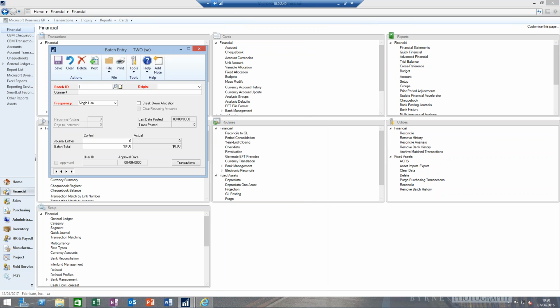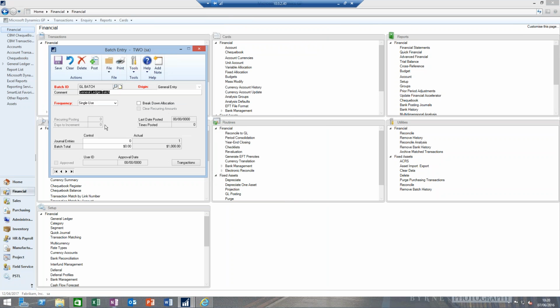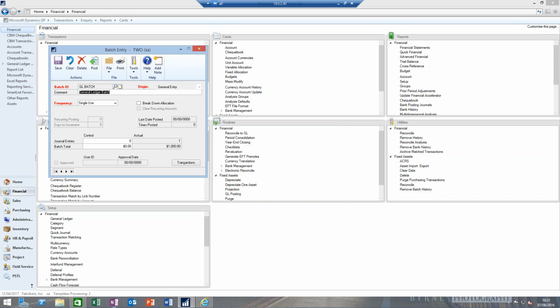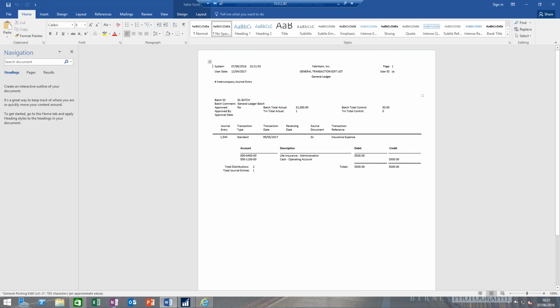One of the other new features as well, if I just pick up a standard batch, and if I now go to print, and I'll print a screen, is the ability to have a Word template for batch approval. So rather than it being a Dynamics GP report or a report writer report, we've now